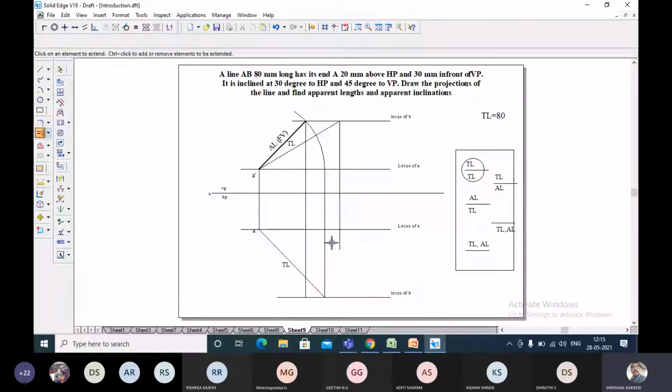See, extending this line. Up to where I have extended, I did one small mistake here. I should not extend up to there. I have to extend up to the locus of A. Then it has to be trimmed. Then next, take the arc of length this much by taking this A as center.